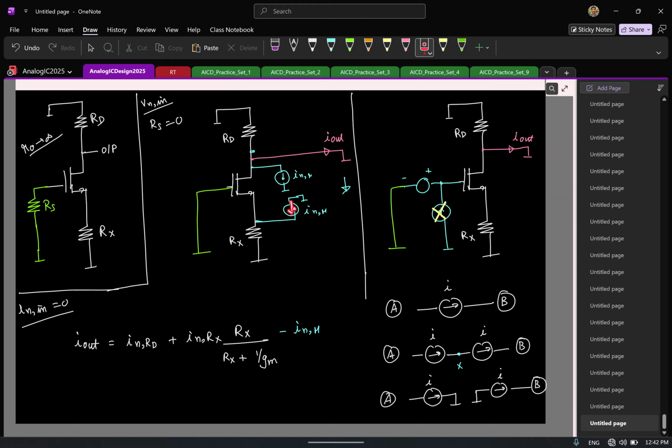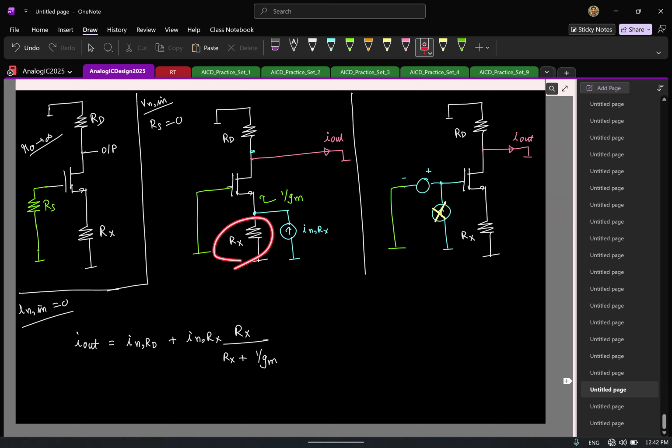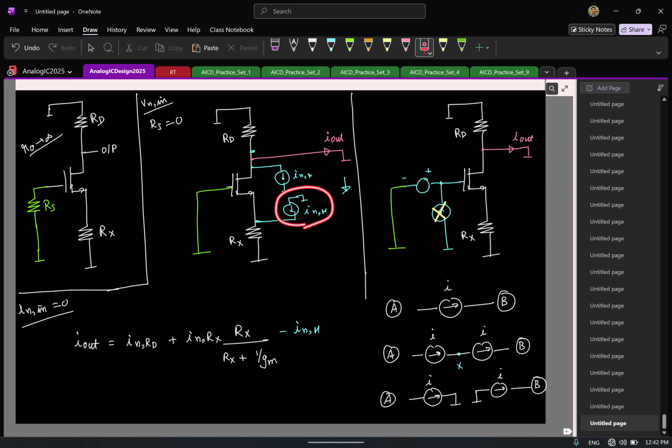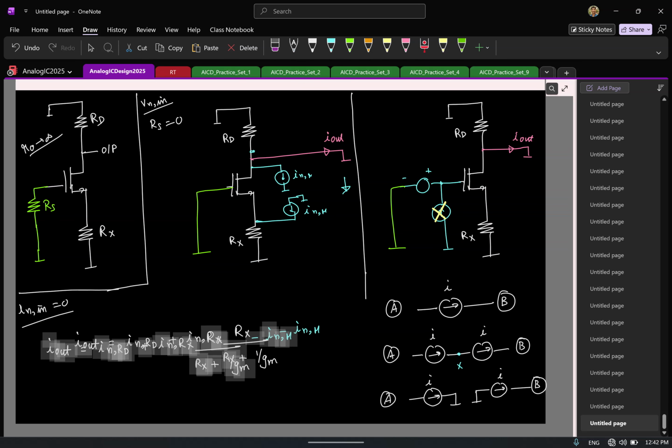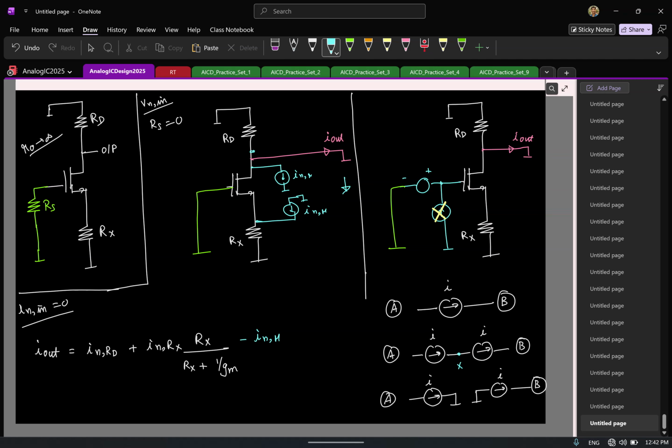And this current is basically the same as the noise current of Rx. So whatever you computed for the noise current of Rx, the same thing will happen for this noise current source. That makes it simpler. So you have plus I_nM times the same factor Rx by